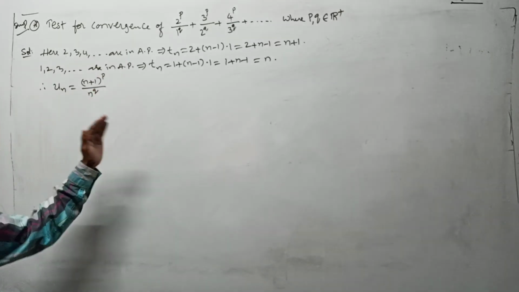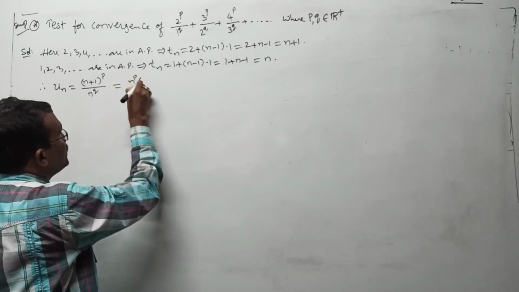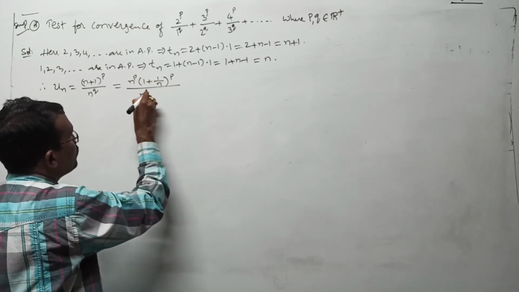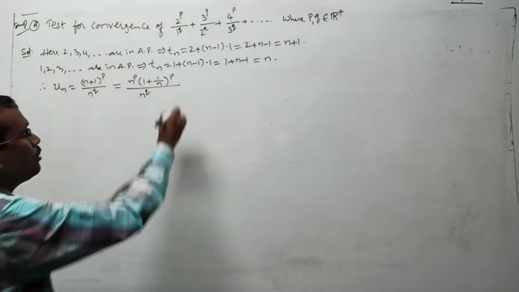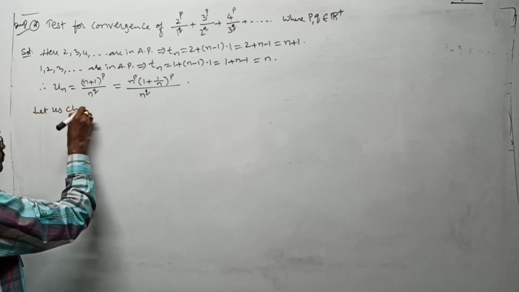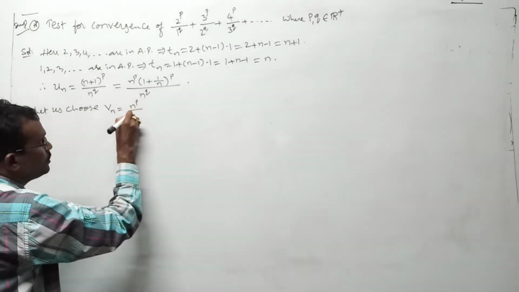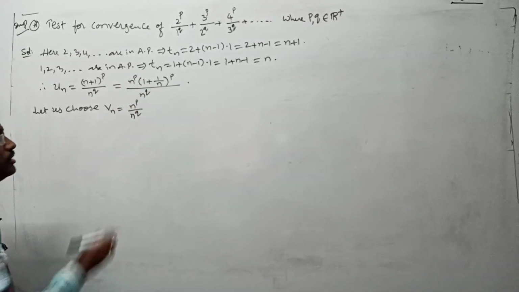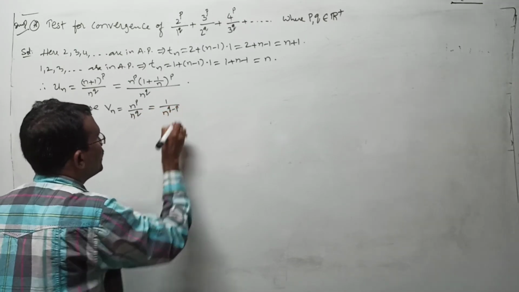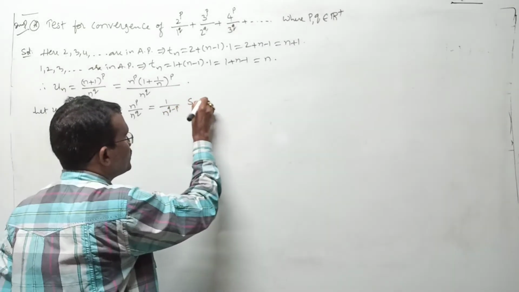Yes, to define vn, take n terms common in the numerator and in the denominator. In the numerator, n power p take outside, it is 1 plus 1 by n whole to the power of p. In the denominator, directly n power q. You can now go to the selection of vn. Let us choose vn is equal to n power p by n power q. These are the total common terms. This you can write as 1 by n to the power of q minus p. Any problem? I am taking this one to the denominator. But after this, once look, your selection is correct or not.